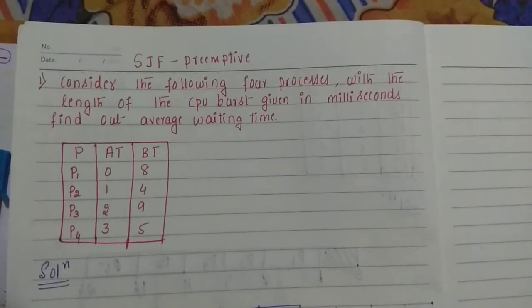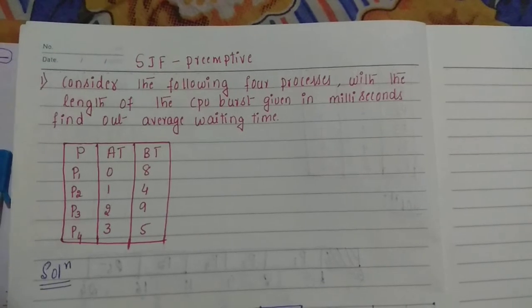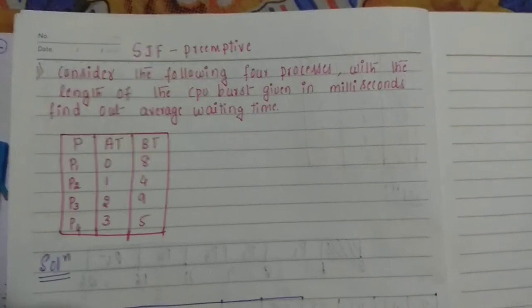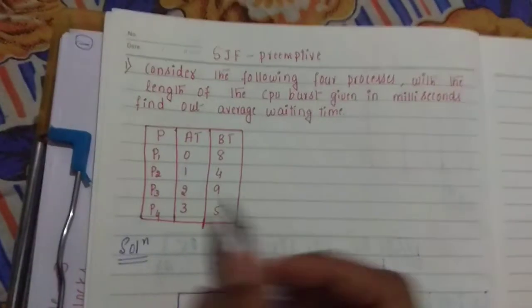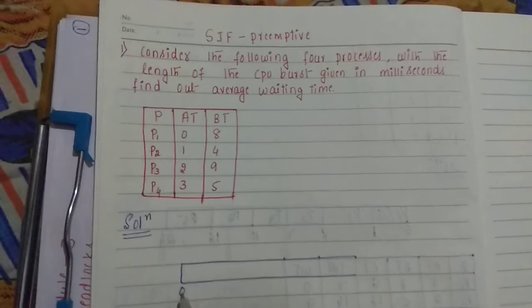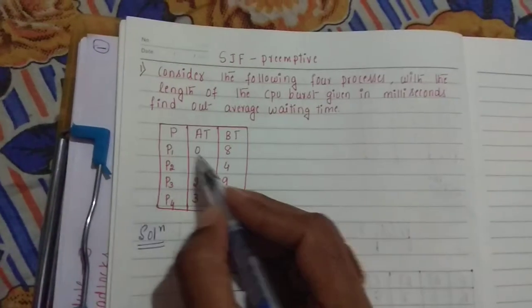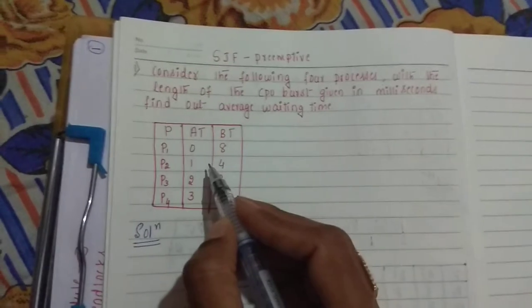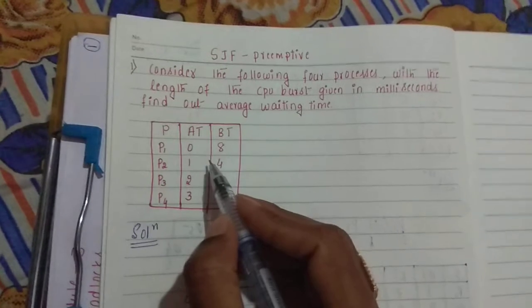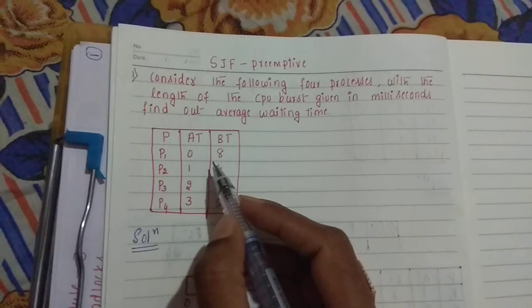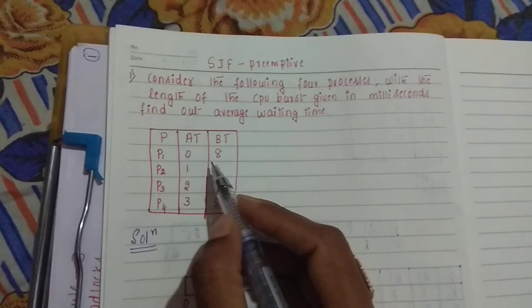In this SJF preemptive scheduling, we need to consider arrival time while scheduling. Wherever you are going to preempt the process, you need to consider it with respect to the arrival time. Let us see how to schedule this one. As usual, the CPU execution will start from 0 milliseconds. At 0 milliseconds, we have only one process, that is process P1. I told you in the previous video, SJF is going to schedule the process based on the current arrival time, and at that particular time, the process having the least burst time will be scheduled.